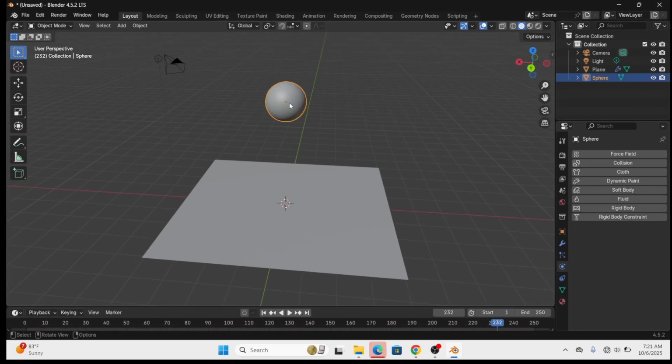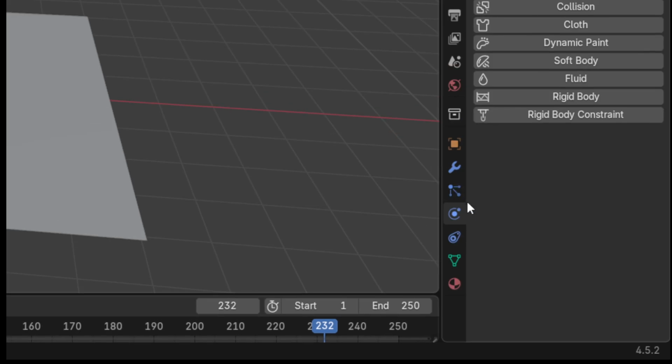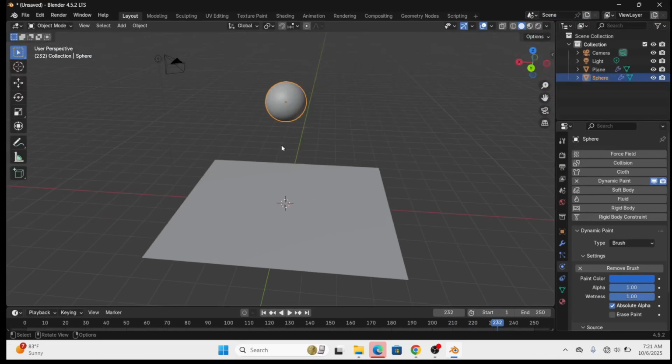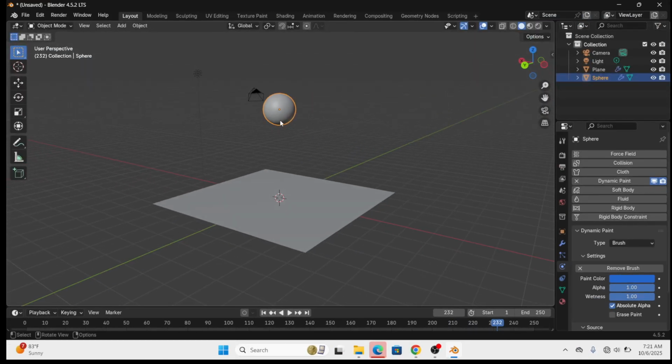You select this. All right. Then you go to physics and then you have dynamic paint, but this time around you are switching to brush. All right. You add brush and that is it. So the next is to press your space bar. All right. And then you select this